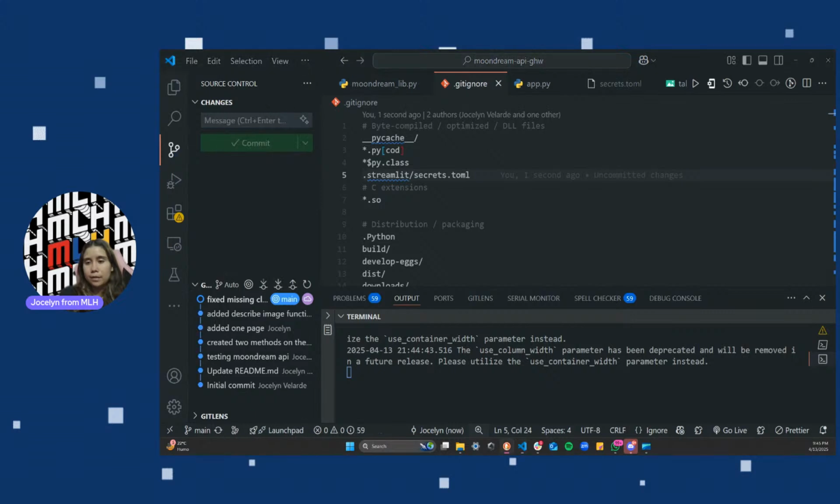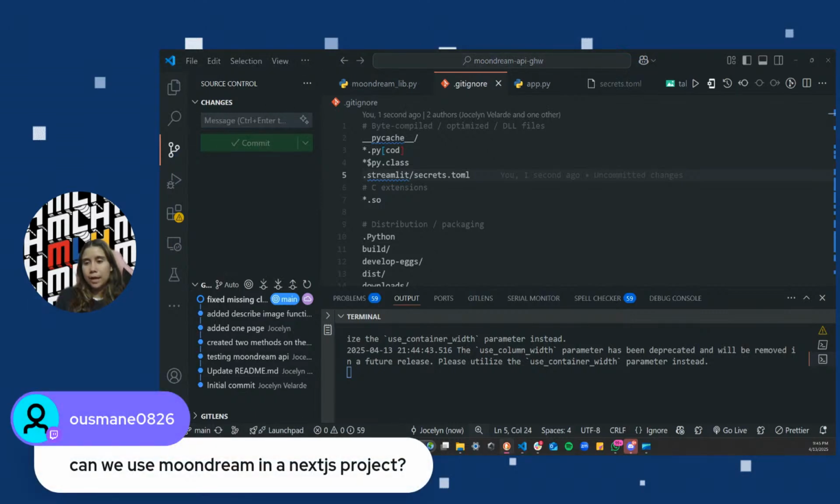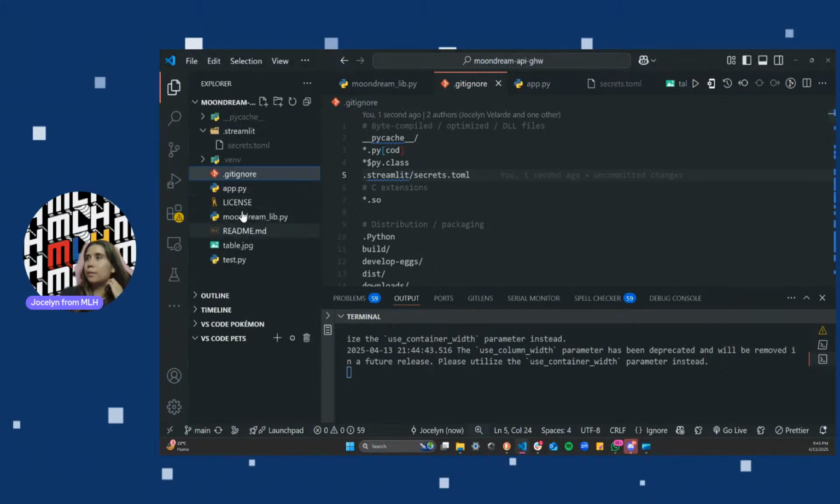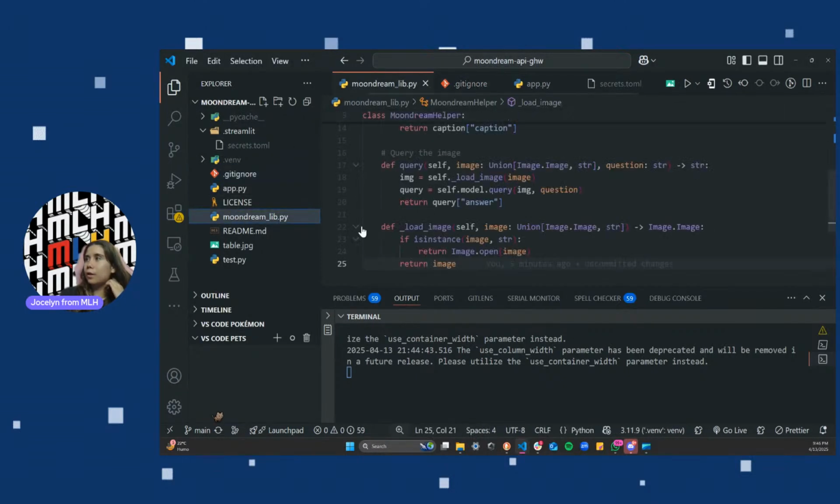There it is. Can we use Moondream in a Next.js project? I think in the documentation there were the different languages that you can actually use, so you can try with those as well. Okay, so let's super fast use the other method that we are missing, which is the one to ask a query. That one is much faster because we can just copy paste the one that we had